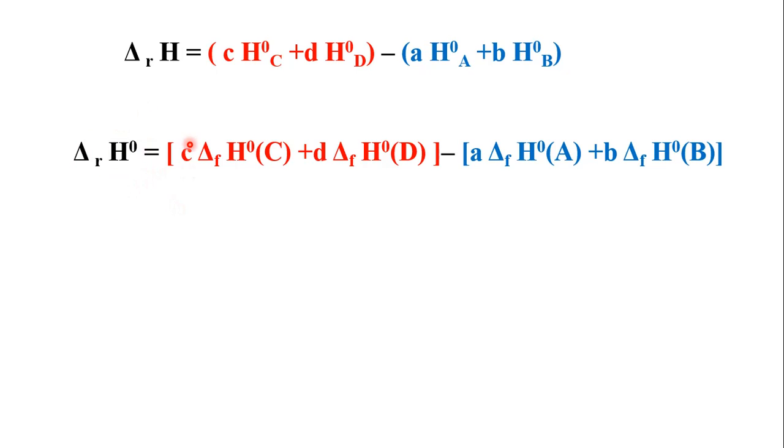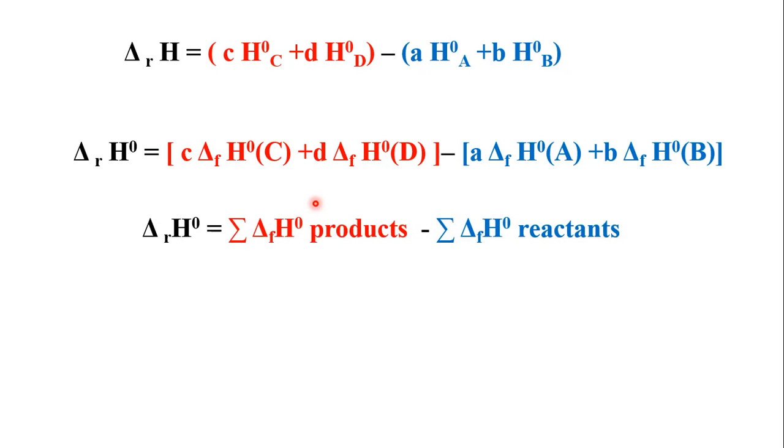So standard enthalpy of reaction is equal to what? c into H0C is nothing but c into standard enthalpy of formation of C. So c into delta H0F of C plus d into delta H0F of D, that is standard enthalpy of formation of D and standard enthalpy of formation of C. So sum of these two minus a into standard enthalpy of formation of reactant A plus standard enthalpy of formation of reactant B. So this is what? The total standard enthalpy of formation of reactant, and this is total standard enthalpy of formation of product,